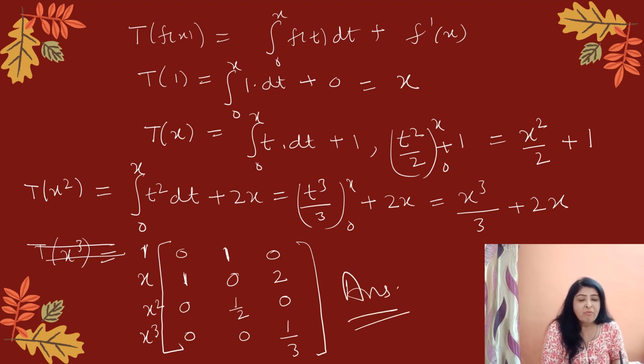So what we have to do, we just want to find the matrix associated with the linear transformation. Whatever the basis of P2 is, you have to find the linear transformation for those elements, and then we just write the coefficients of constant term 1, x, x square and x cube, and we will get the answer. So this is a 4 by 3 matrix. Okay.